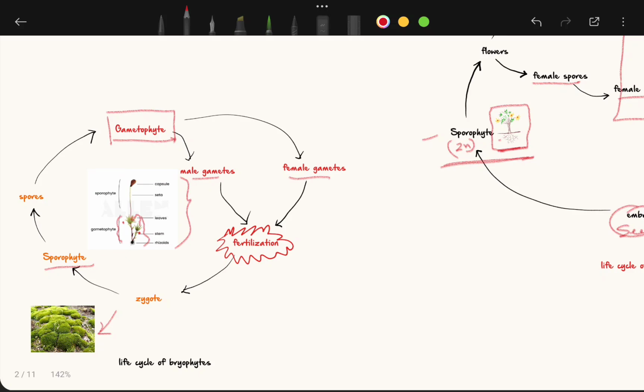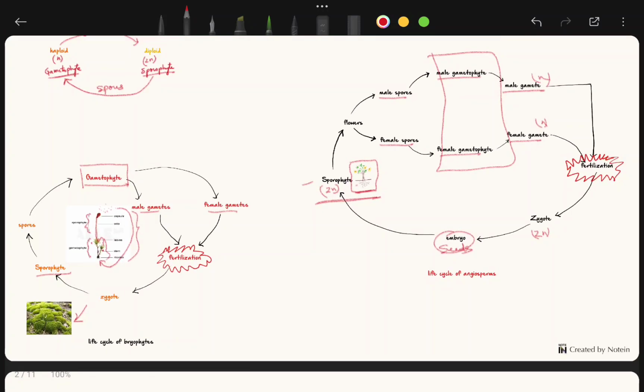and then that will lead to the production of the sporophyte plant body. So this is the sporophyte. Then the sporophyte will produce spores, right? And then the spores on germination will give rise to the gametophyte plant body. Okay, so